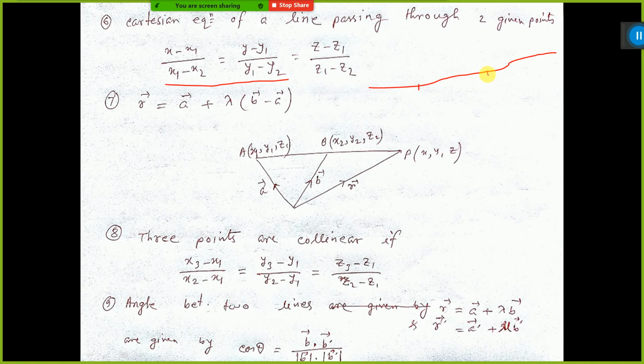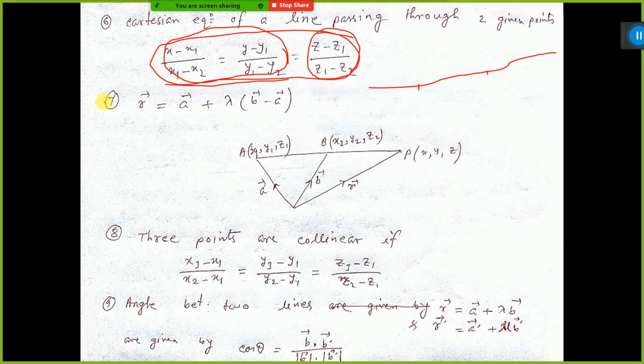But here since it is three-dimension geometry, the first point we have to consider is P, that is x1, y1, z1, and since 2 points are given, one will be x1, y1, z1 and another will be x2, y2, z2. So the Cartesian equation will be (x minus x1) by (x1 minus x2) is equal to (y minus y1) by (y minus y2) is equal to (z minus z1) by (z1 minus z2). This part comes extra since it is three-dimension geometry. In case of two-dimension, the equation is only up to y, but in case of three-dimension, the whole thing we have to tell, the 2 points form.